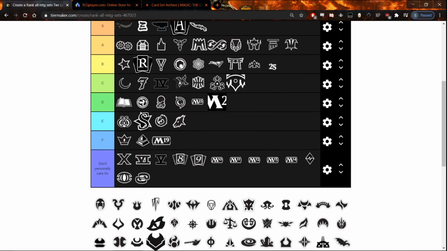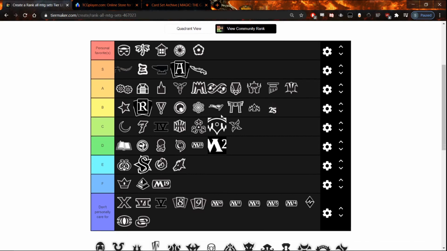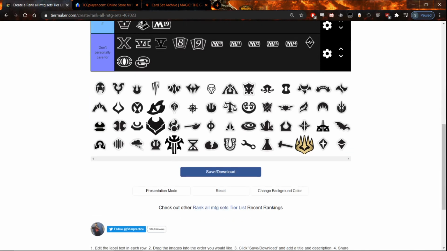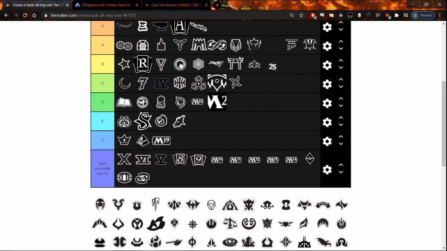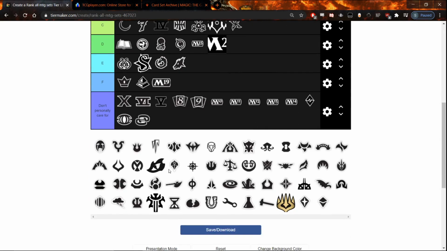Betrayers of Kamigawa, like a low C. It's got good cards. I don't like it as much as I like the other two Kamigawas. Modern Horizons is a high B. Or maybe not a high B, it's in the B. Let's put it above Guilds of Ravnica. It's kind of hard to see, but...